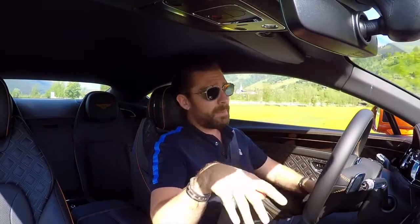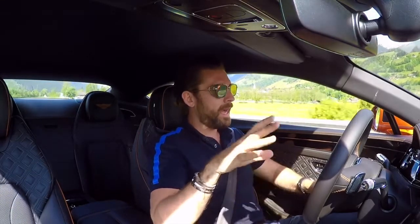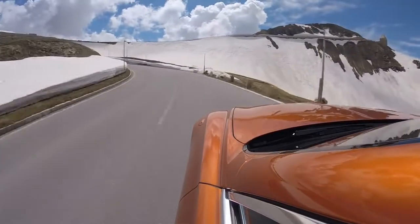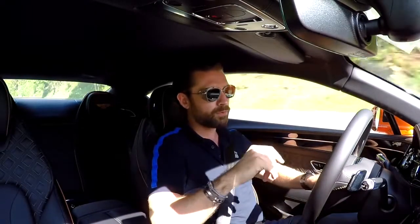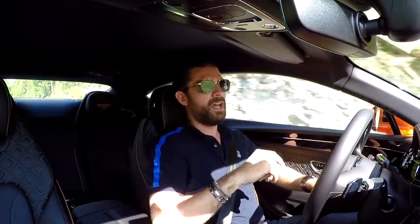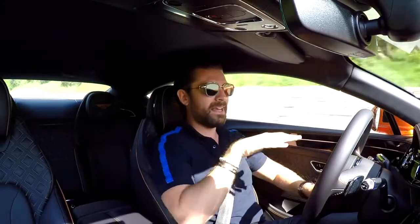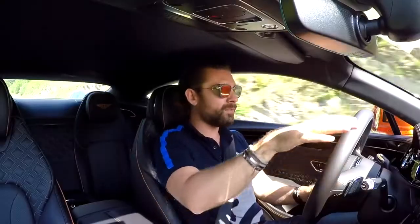Anyway, you might be forgiven for thinking that, well, if this thing's riding on a bed of air, how is it that it can also be so dynamically capable? Well, the miracle of modern day engineering has applied a 48-volt active roll control system to this car. 48 volts is significant because it's got to keep this mass in check laterally, and as a result it's laterally dynamic, vertically comfortable, meaning when it rides over the road it's very